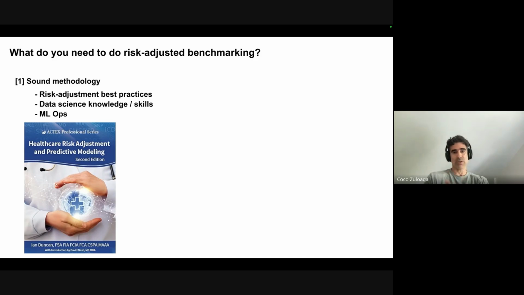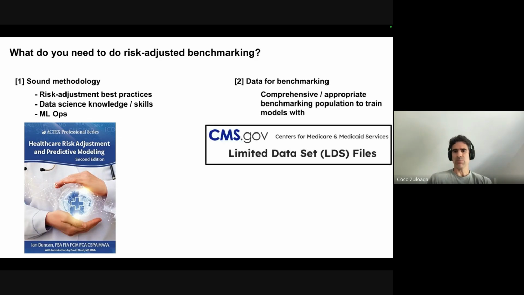Another main ingredient of what you need is data for benchmarking. And so in this case, we need data to train the models in. So like Aaron said, we bought the CMS LDS data set, we trained models on this data set, and unfortunately, we can't make the full data set available to the world because that would be in violation of our contract. But what we can do is train models on that data set, so the models learn behaviors and can make predictions on your data, and we can make those models available for anybody to inspect and use. So these are the two things that we're making available in open sourcing today.